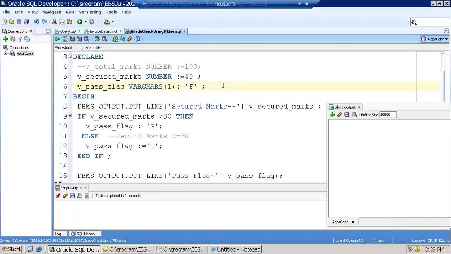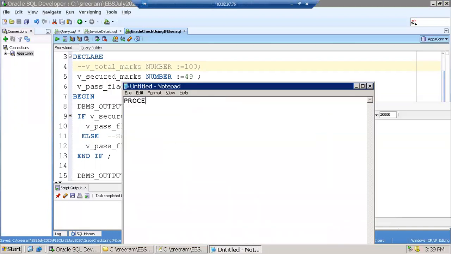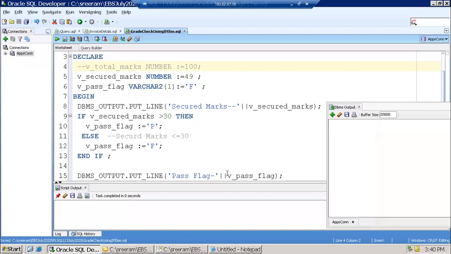Generally when you create a procedure or a function, it can have in or out parameters. Whatever things we pass to the stored program, we generally call parameters. But in our anonymous block logic, we generally call them temporary variables. Little bit different, but technically they are the same. You don't find much difference.